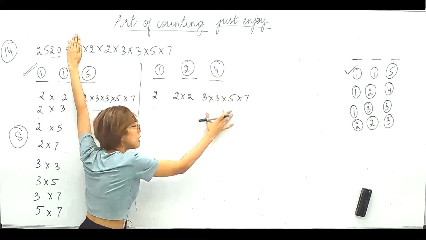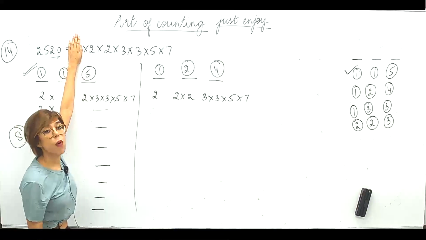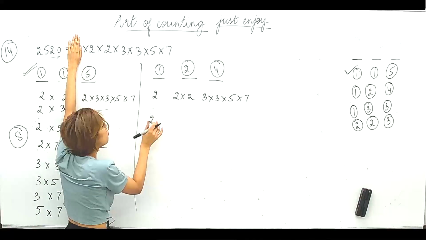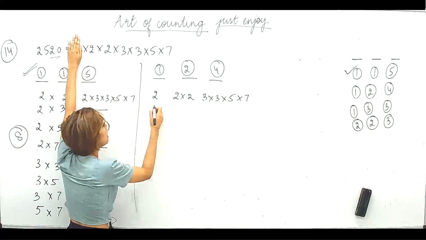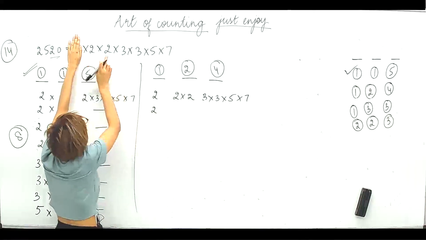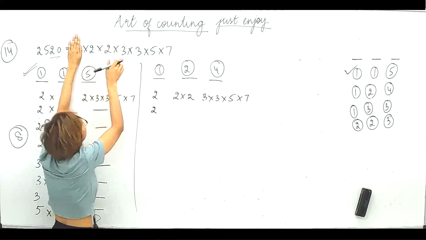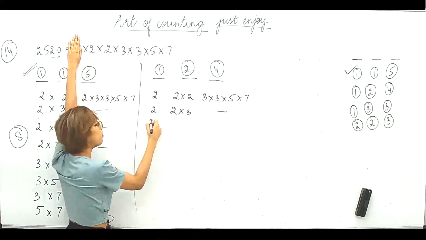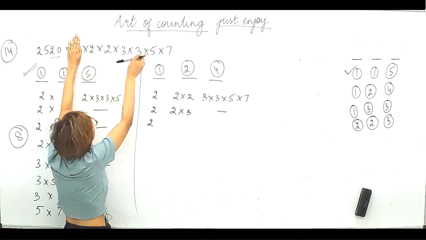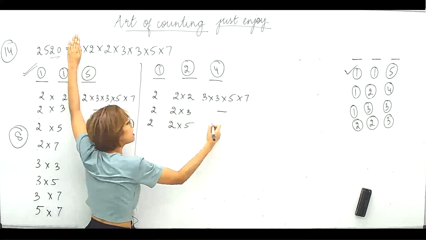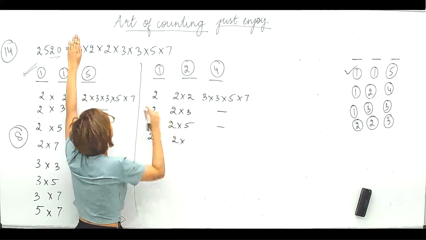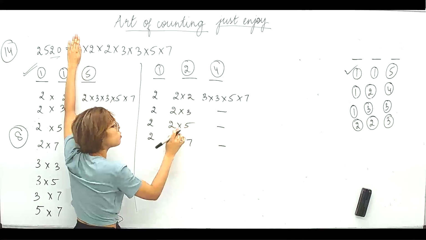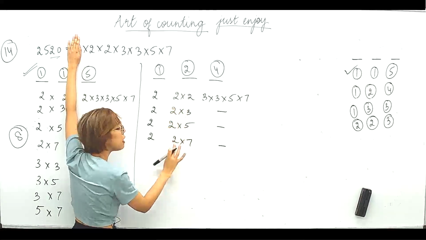So I will not be writing this because I want to save my time, and why would I want to write it? Right? Okay. So again, fix 2. I'll write it nearer. So again 2. Now 2 into 2 already considered. So 2 into 3, and whatever this may be. So 2 into 3 is done. So 2 into 5. Next is 2 into 7. So from here 2 into 2, 2 into 3, 2 into 5, 2 into 7. So यहाँ से 2 वाले exhaust हो गए.